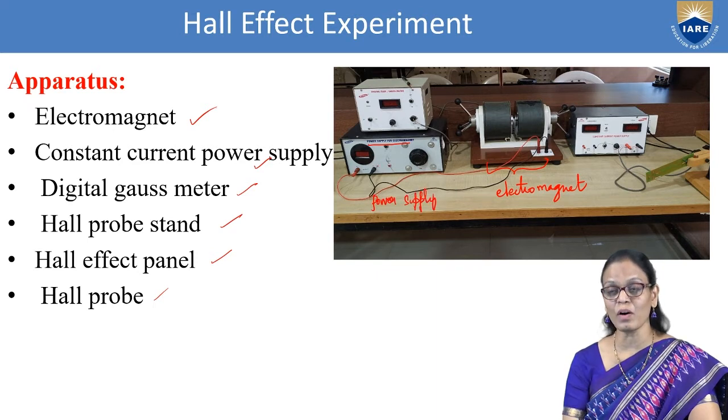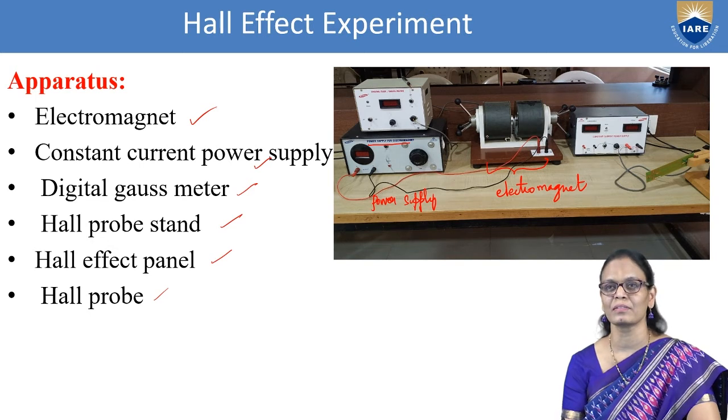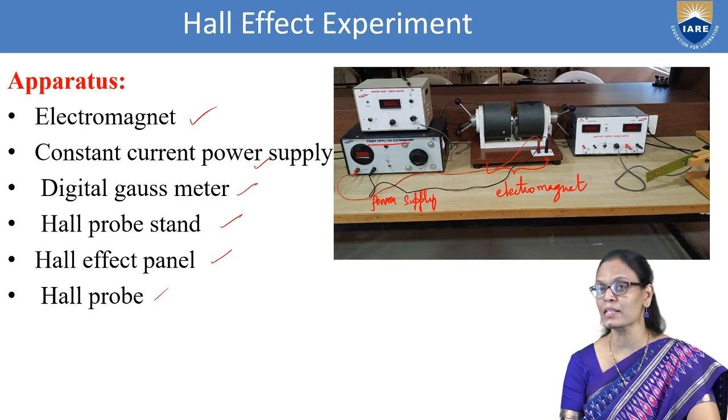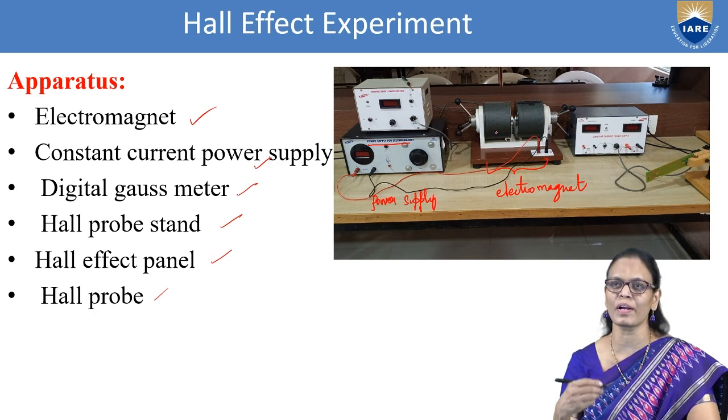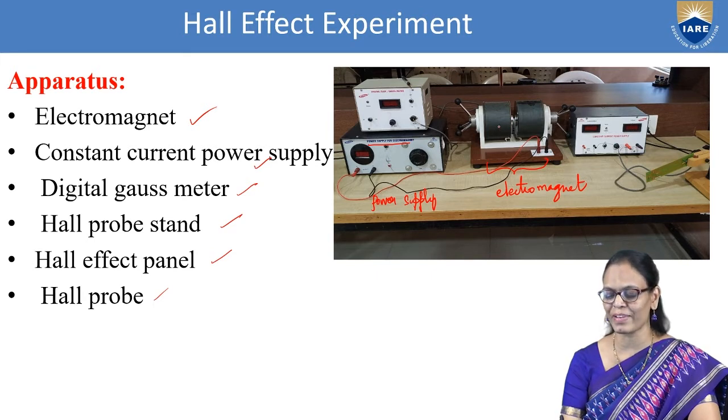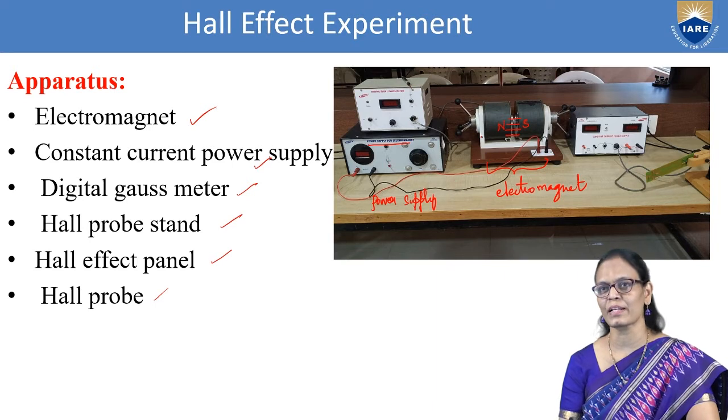So now when you allow current to flow through the coil which is surrounding these soft iron cores, because of the current that is flowing through the coil, these soft iron cores will behave like magnets. It is nothing but the magnetic effects of electric current. Whenever a current flows through a coil, magnetic field is produced surrounding it. So the magnetic field is induced inside the soft iron core. So they behave like magnets. And we place them in such a way that the north pole of one will face the south pole of the other, so that there will be a uniform field in between the two electromagnets.